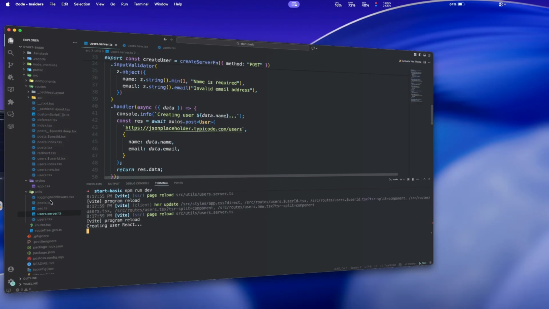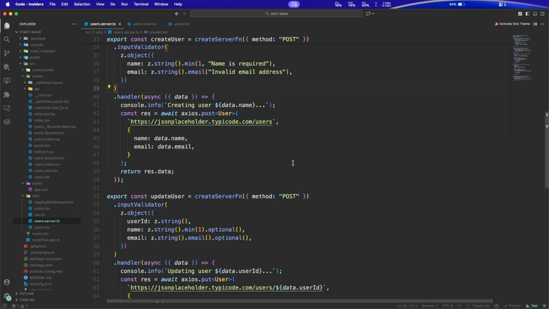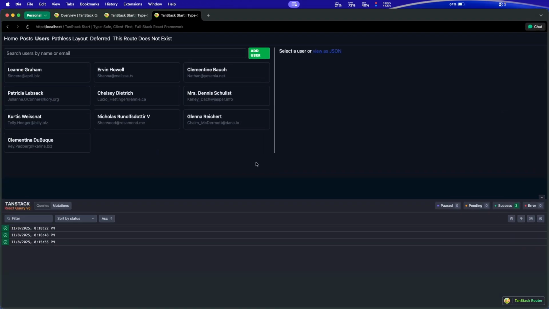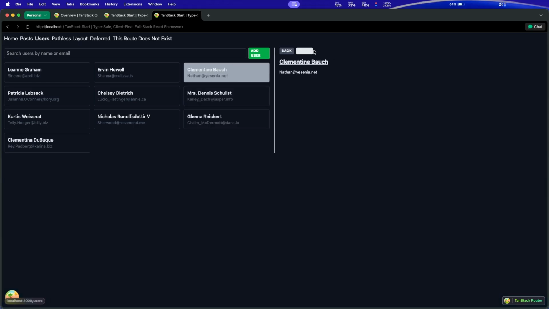Mutation done. Terminal. This is creating the user in React. Did you see? It's working properly fine. Okay, great. Now implement the update and delete method. When we click any of the users, we also include the update and delete button here, and